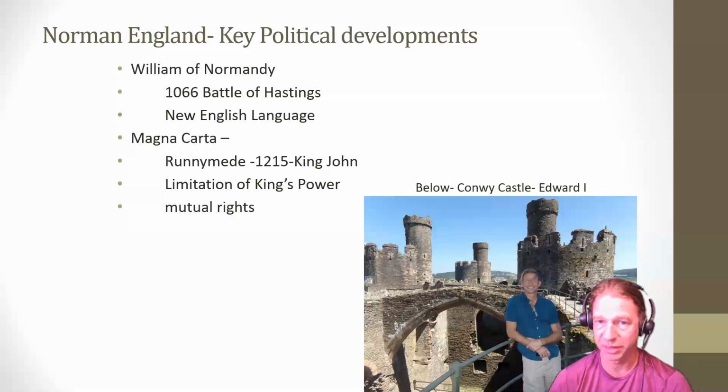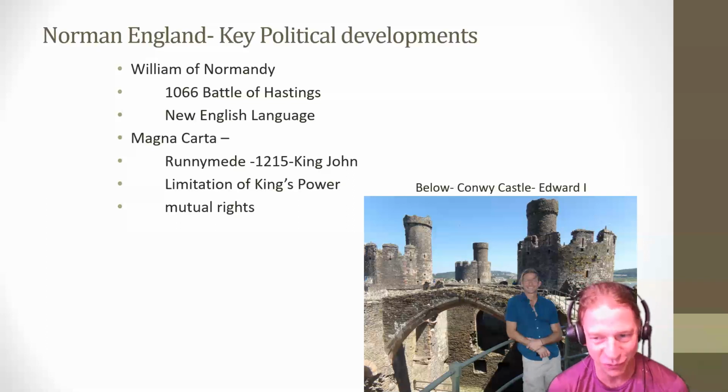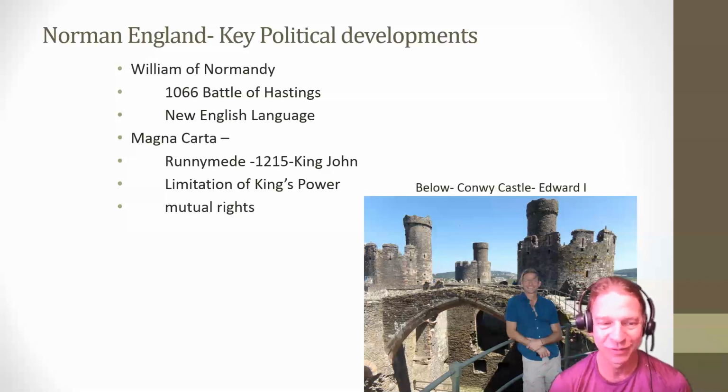The Magna Carta was signed by King John, and the Magna Carta was a very, very early sort of document that portends the development of citizens' rights and limitations of the government. It's not something the king would have wanted to sign. He had a revolt on his hands during something called the Barons' War, and they basically forced him to sign this. But effectively, King John accepted a limitation on the power of the king and the mutual rights of, shall we say, the citizens. Now, at this time period, citizens refers to a very small group of people, other lords, basically, not to all people, how we think about citizenship today.